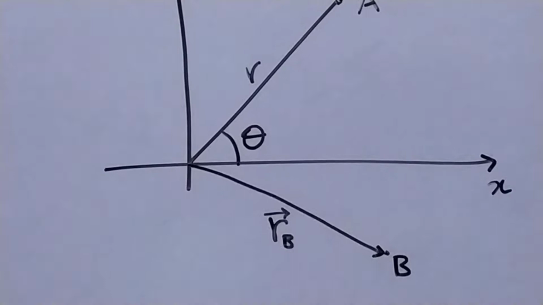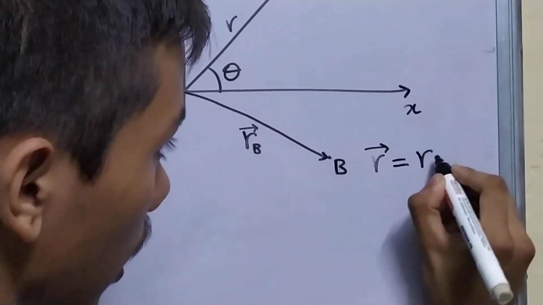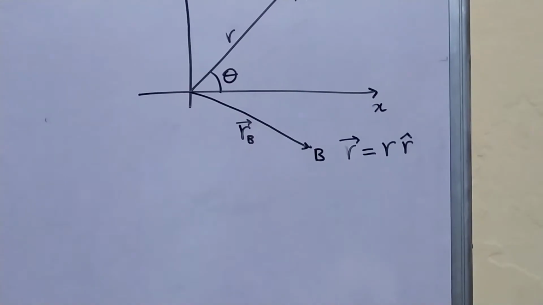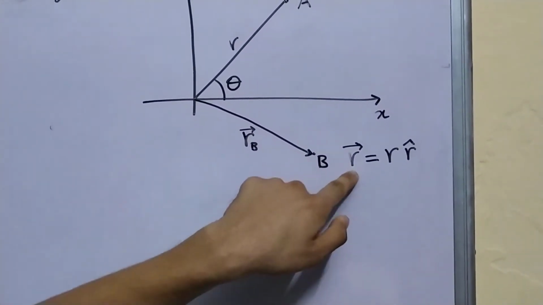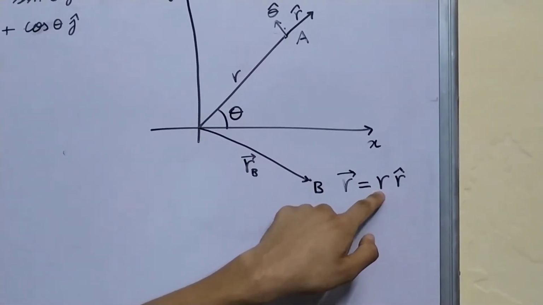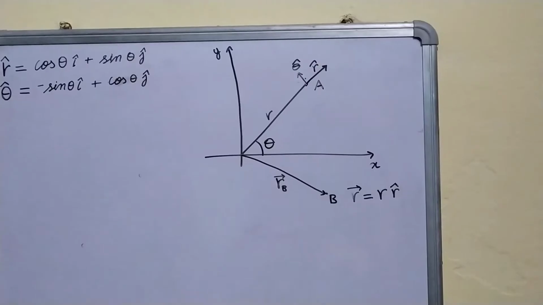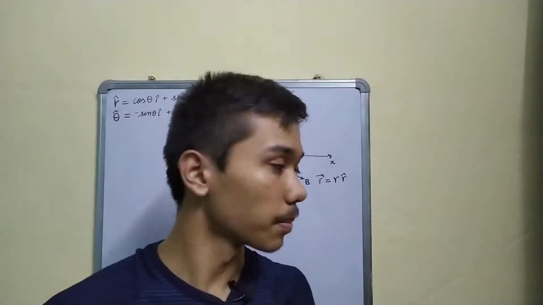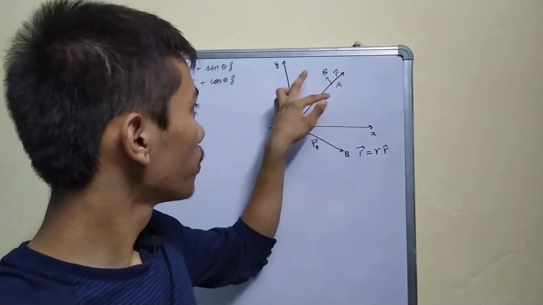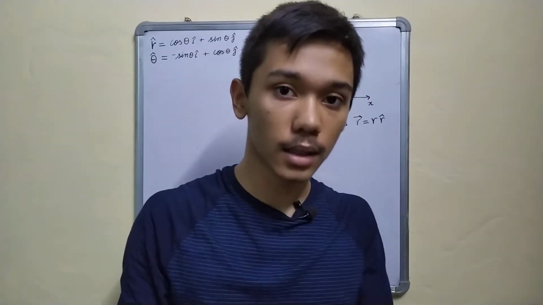And just like any vector, the position vector is given as r equal to r times r cap: the vector itself, the magnitude times the unit vector in the increasing r direction, this thing right over here. Now here is one important part. Two points can have the same distance from the origin, but they can be different vectors, they can be at different positions.